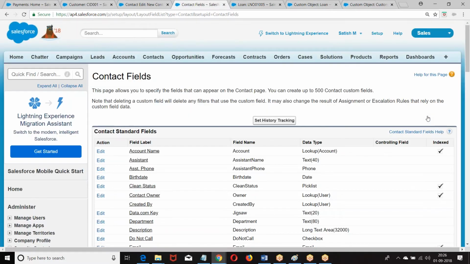If you are able to use in the formulas, same thing can also be used in validation. What is this concept called? Cross object reference or cross object formula. Cross object means child referring to the data from parent in the calculation of formula or validation. What was the name called? Cross object reference. Child referring to the data from parent.